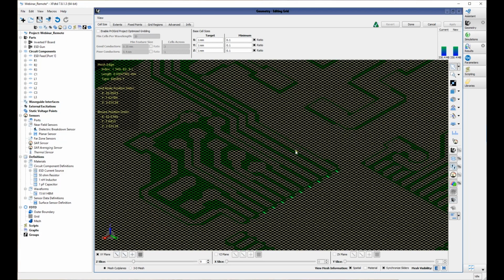So the goal is really to have the cells as large as possible while maintaining correct geometric detail of your device under test. And one of the real challenges with these ESD simulations is that because of the fine detail in the geometries, you have to use small FDTD cell sizes, which results in a small FDTD time step. And when you come back and you look at the source waveform,